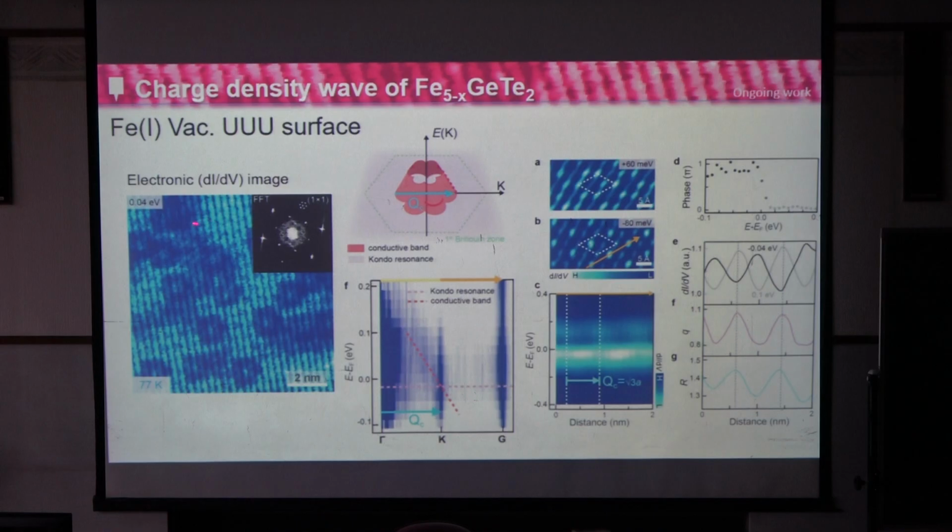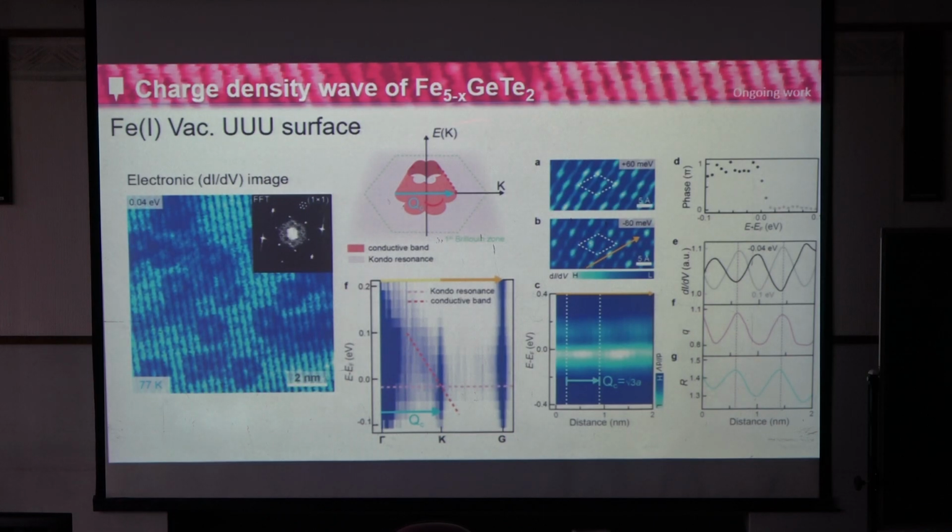So back to the electronic image. In the morphology image, you only see the one-by-one pattern, but in the electronic image, it shows an additional pattern, root 3 period. So we want to know the origin of this electronic pattern. So we change the energy level,